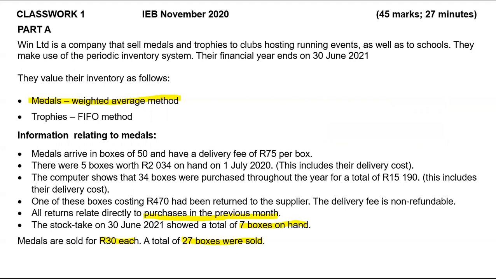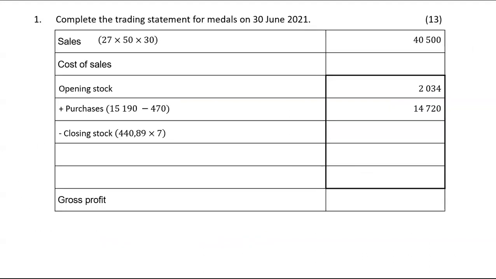And in total, as I've said in the previous part of these workings, we sold 27 boxes. So basically 27 times 1,500 gave us the selling price of 40,500. So everything we do here is in terms of boxes. The value of the 7 boxes that were remaining will be 440 times 89. And 440 times 89 will give us